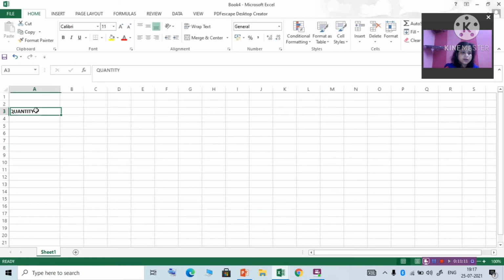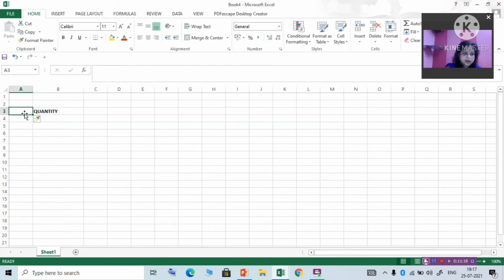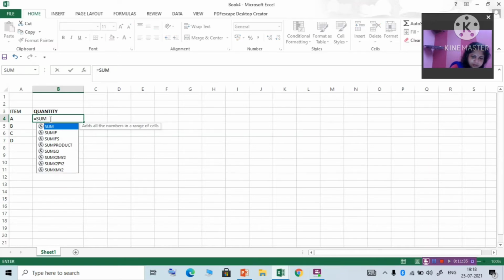Do one thing: insert a column here, item, and total quantity I have purchased. Give equal to and use SUM, but not only the SUM function, you can use any function according to your requirement. Now write the function.